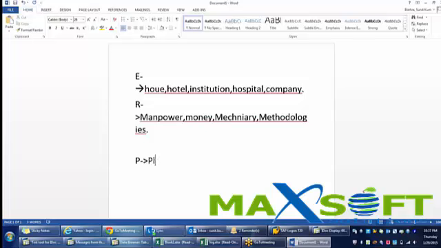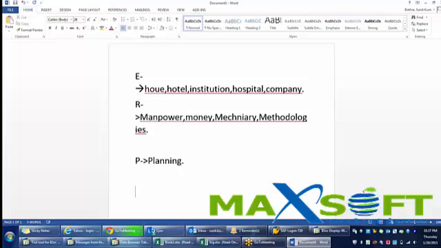P stands for planning: how well they utilize these resources in their enterprise. So overall, ERP is planning of resources in an enterprise. Now, ERP is basically a concept. I have told a very generic concept. To achieve this whole concept or setup, where we will be planning the resources, which is ERP, we need ERP software.